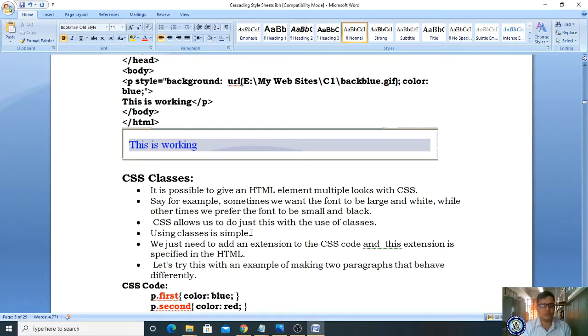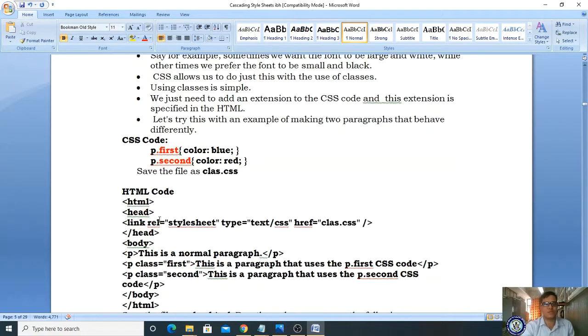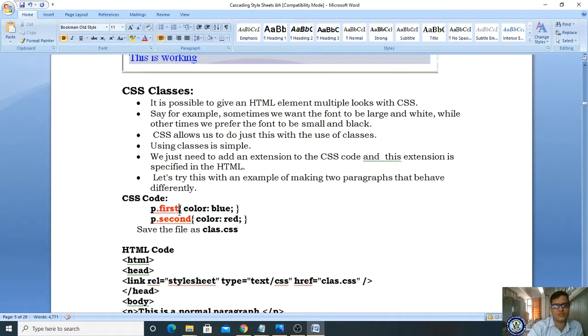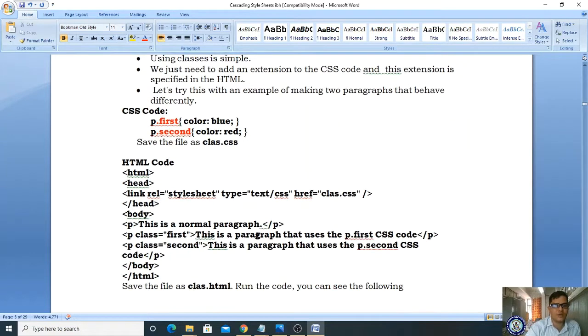Okay, for better understanding, here we have one simple example for your CSS code: p dot first. Wherever the paragraph, p stands for paragraph, you are giving dot first as a class code. Okay, what is the class code? Dot first. So wherever p dot first appears, the color of that paragraph will become blue. P dot second, wherever the paragraph appears, the color becomes red, and you have to save this with a dot css file. So you are supposed to save this class file as an external CSS. Okay, external CSS. Let me do this program. Now you will understand this concept.